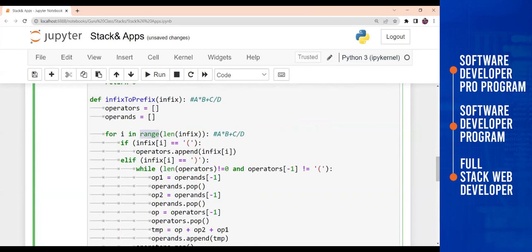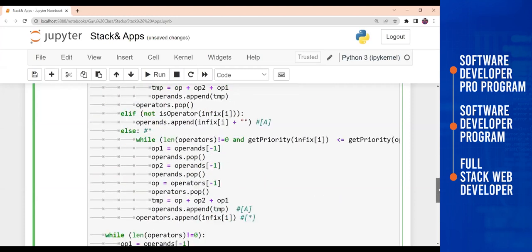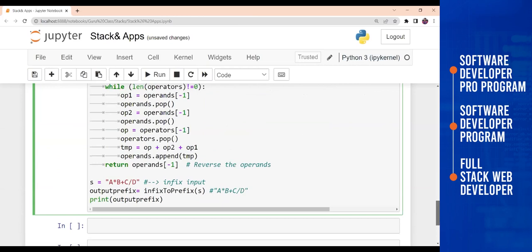How many iterations are there? It will have the total length of the input. Okay, so how many values are here? 1, 2, 3, 4, 5, 6 and 7. So there are totally 7 values, or 7 length, inside this. So that's how it will be working. Based on the operator it will work, and then based on the operands it will work and show your outputs. Okay, so this is the basic understanding.